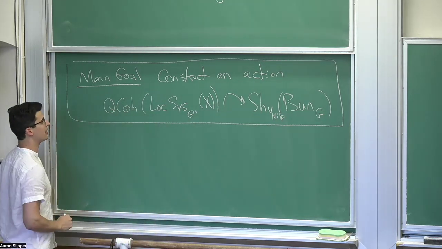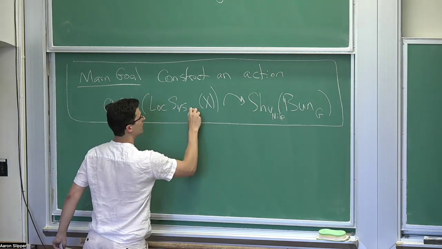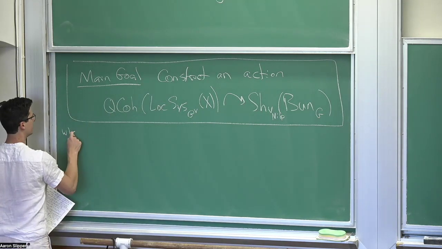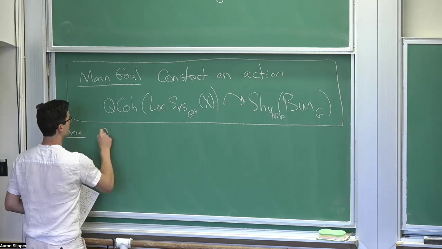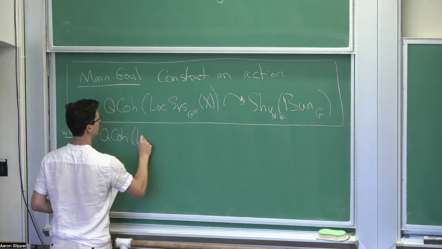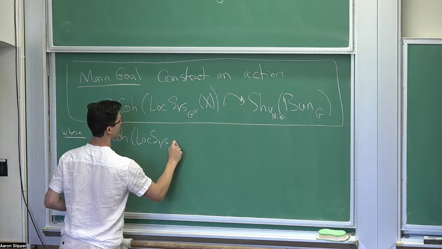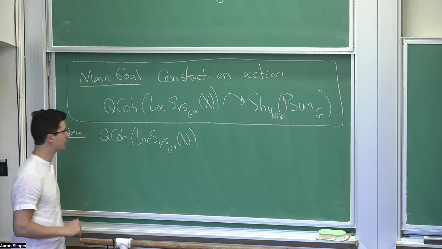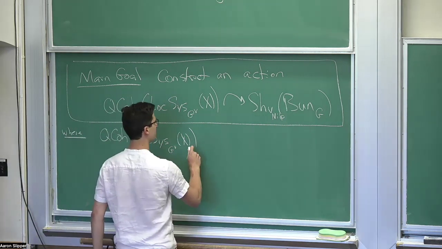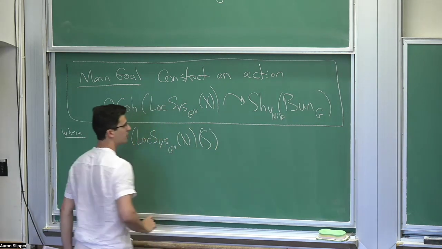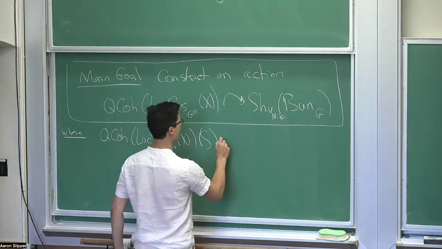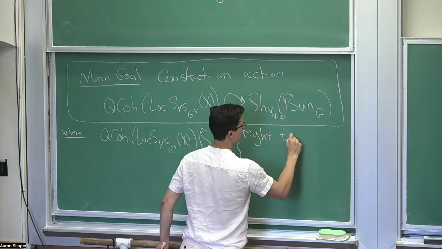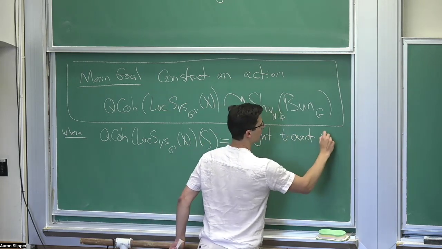Let me remind what both sides are saying. On the first side, QCoh of LocSys G check of X, we define this, or Nick defined this to us, using the Tannakian formalism. On a test affine scheme S, it outputs right t-exact monoidal functors